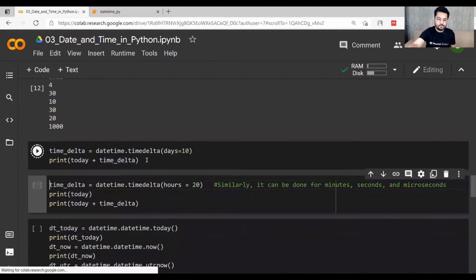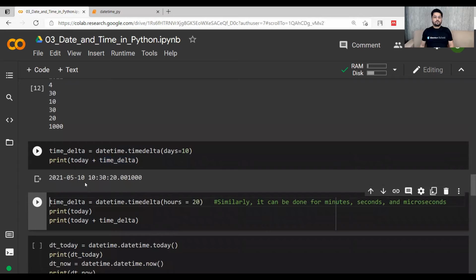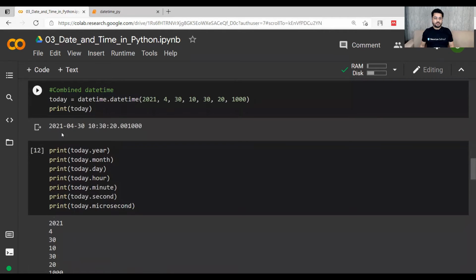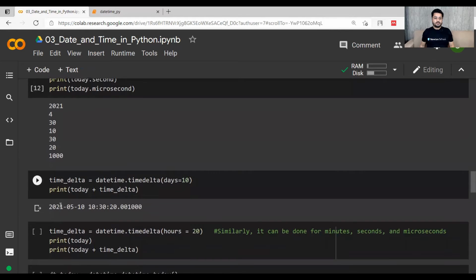Let's print. So you can see that if I am adding 10 days to this, the value is 10th of May 2021. So the initial value was 30th of April, and if I add 10 days to it, it will be exactly 10th of May, and the time remains the same because we are not changing time, we are only adding a number of days.